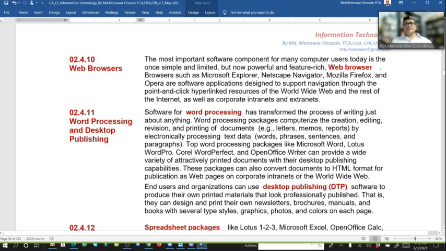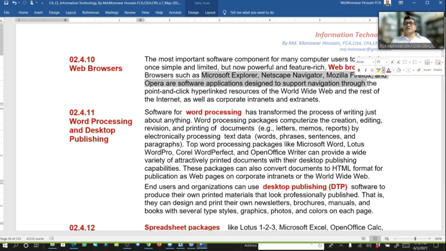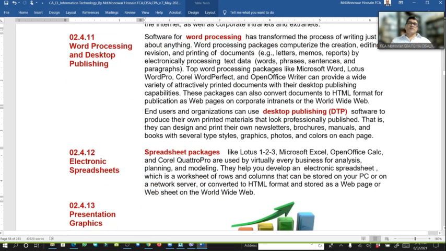Web browser: the most important software component for many computer users today is the web browser. We know we have Microsoft Explorer or Mozilla Firefox as web browsers. And word processing, desktop publishing,